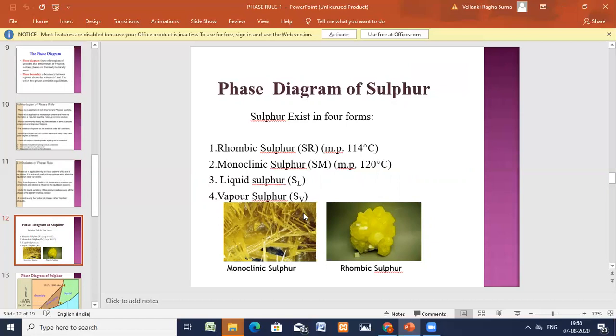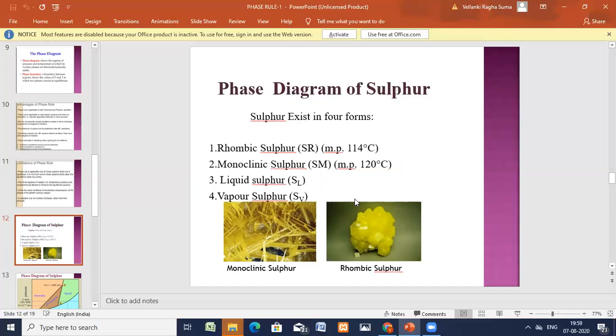True equilibrium is when the same state can be approached from either direction. That is the true equilibrium. The type of state that can be obtained only by careful approach in one direction is metastable equilibrium. You have got the differences. Now, one component system. What is a one component system? A one component system consists of one phase, two phases, or three phases.